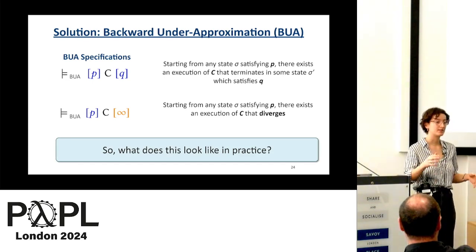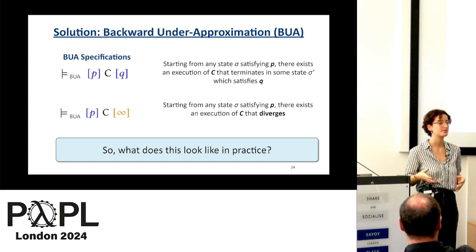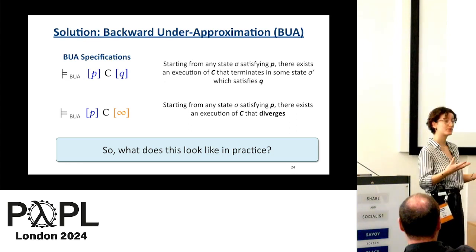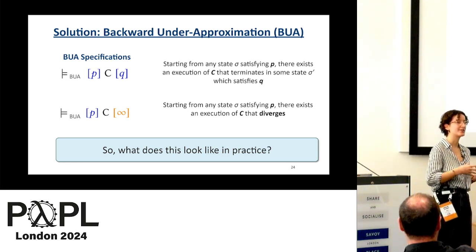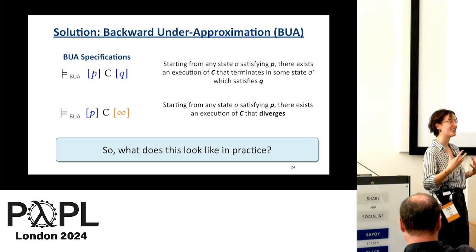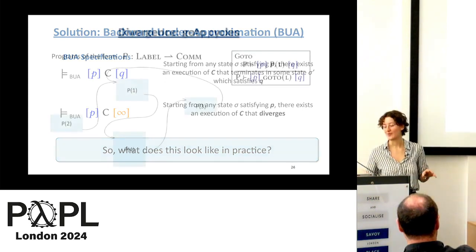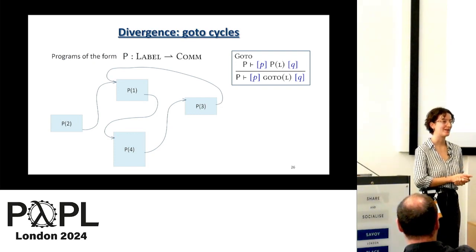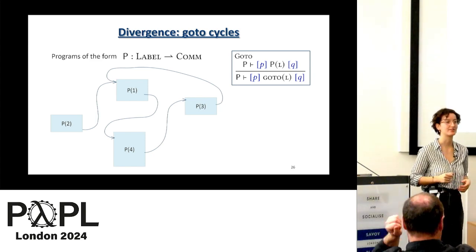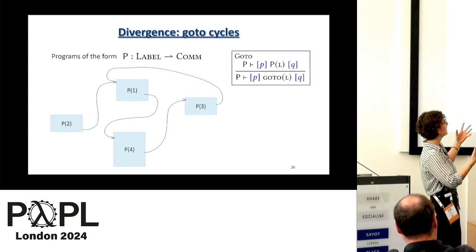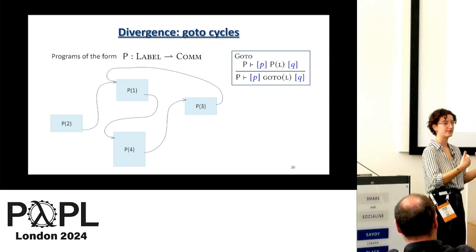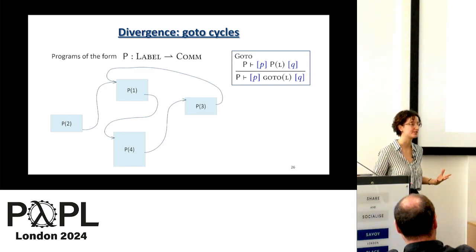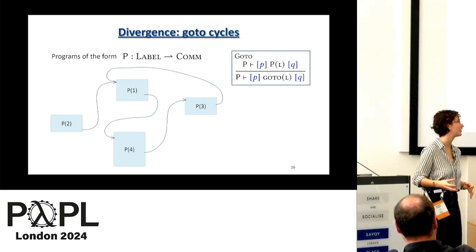So during my internship, I looked at different forms of divergence. We looked at while loops, we looked at recursive functions, but I want to talk today about goto-soups, because they're quite interesting because they are so unstructured and lead to a lot of chaos. So our setup is that we say a program is a partial finite function from labels to commands, or you could also envision it as a bunch of blocks of code that are numbered. And goto commands allow us to jump between these bits of code, and of course, as soon as we have that, we can jump in circles, and we can do that forever, and we have divergence, which is exactly the problem that we would like to take care of.